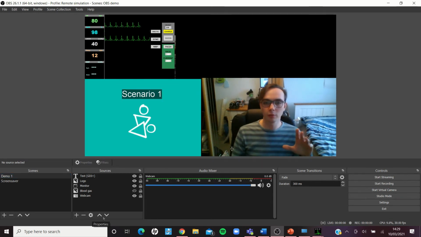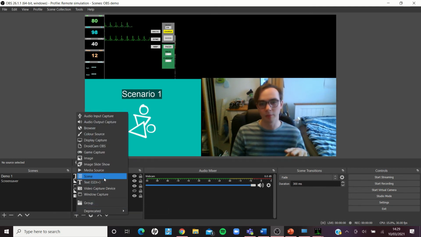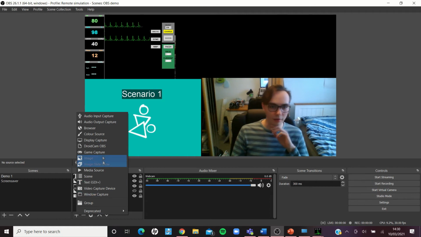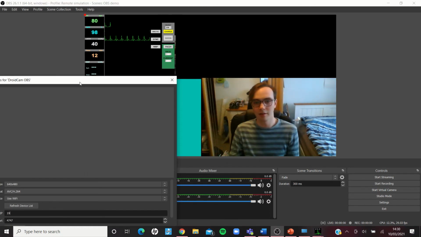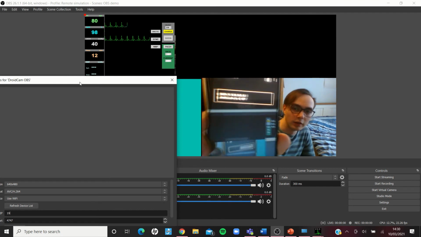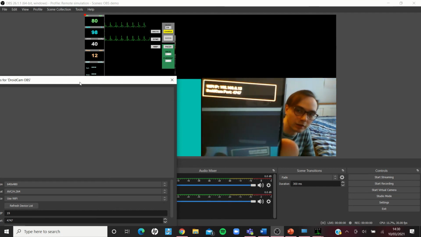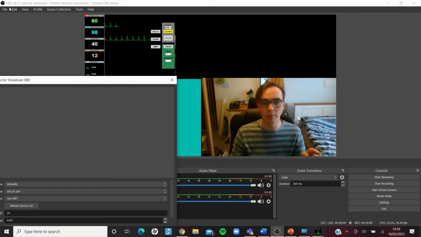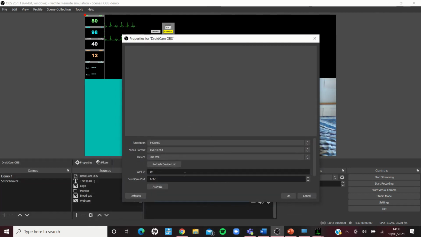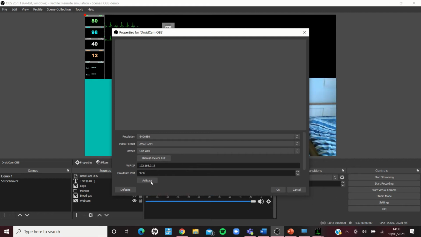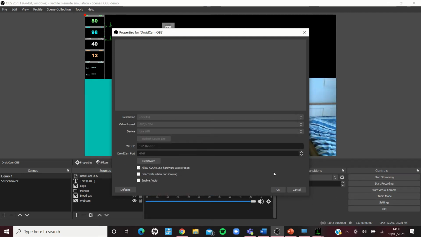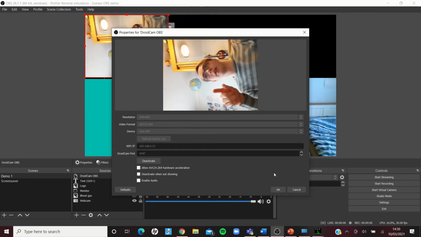For the scenarios that we do, we'll often have a fourth thing up here, which is the person-mounted camera. So we're trialing this with something called DroidCam OBS, which is a free app for Android. It's got its own plugin within here. So if I open that on my phone, you'll see it's giving me a Wi-Fi IP and a port number. So I put those in this menu. 192.168. I'll activate, there you go. You've got to do that. And that has